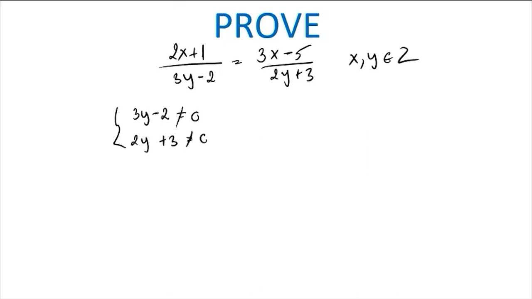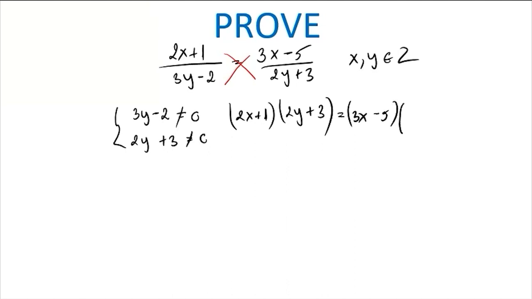In this case, the equation becomes (2x + 1) multiplied with (2y + 3). Basically, I'm going to do a multiplication between the extremes, equals (3x − 5) in round parentheses times (3y − 2). In here it results that